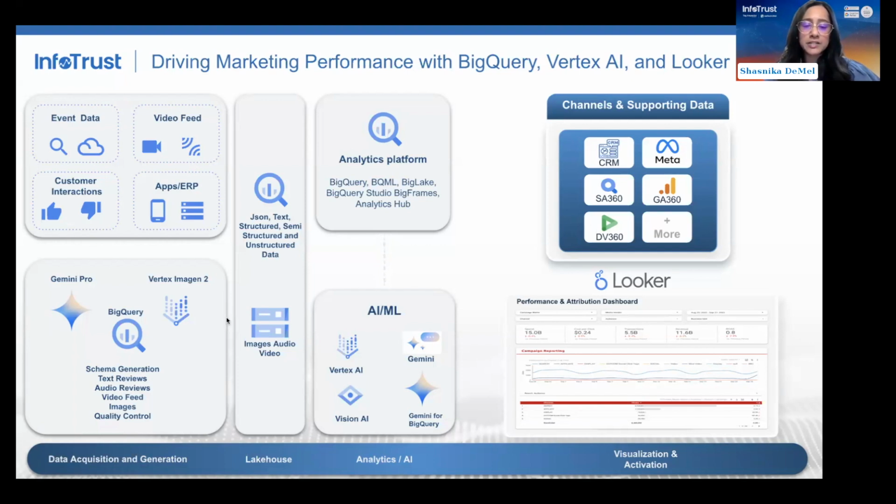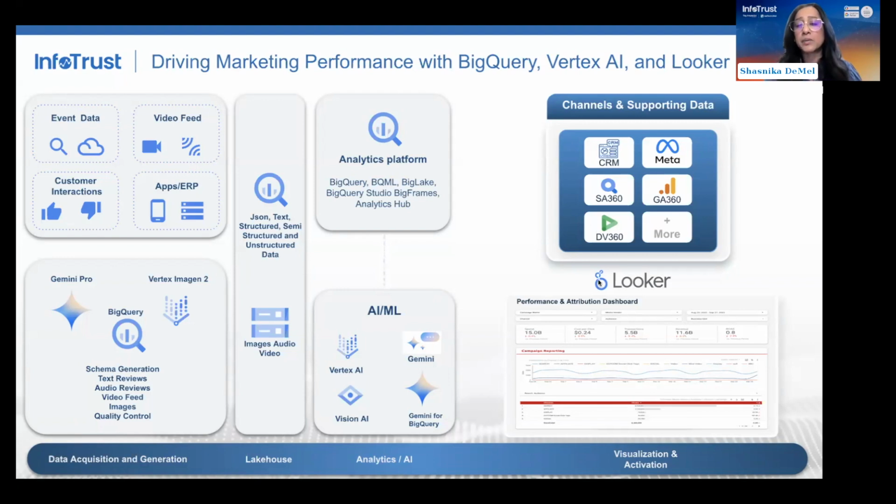And this unified layer you see over here highlights the importance of, whether you want to start small, you can use BigQuery ML. And if you wanted to scale this and do much more complex models, then you can utilize Vertex AI, where you can build your own pipelines.